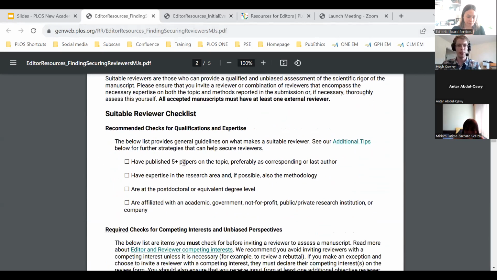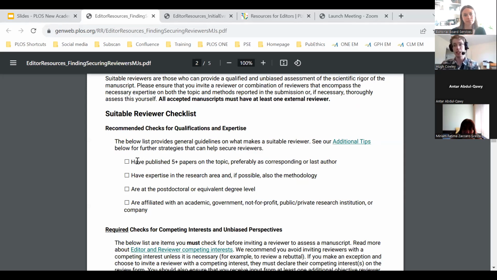So we have a brief checklist here about what we recommend in terms of qualifications and expertise. So broadly, and just to emphasize, this will be very different for different fields. We broadly say five or more papers published in their history.